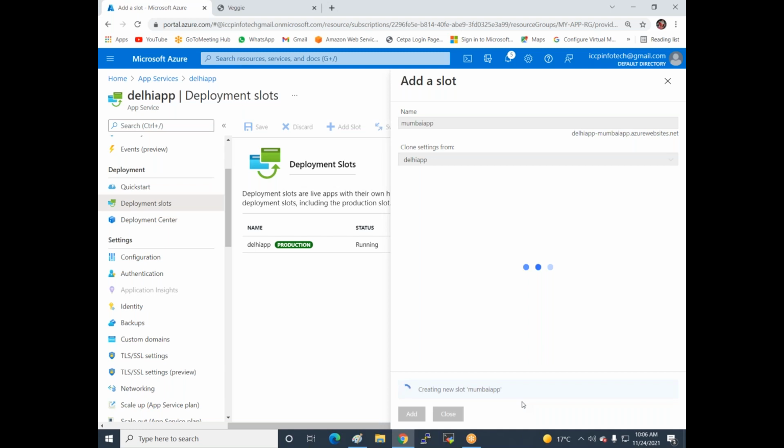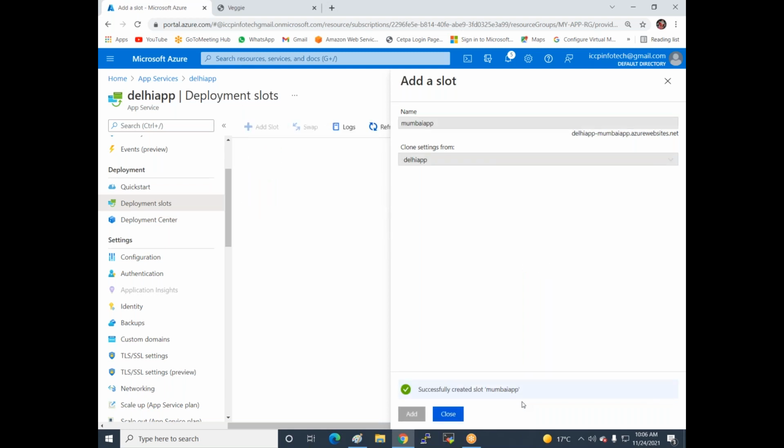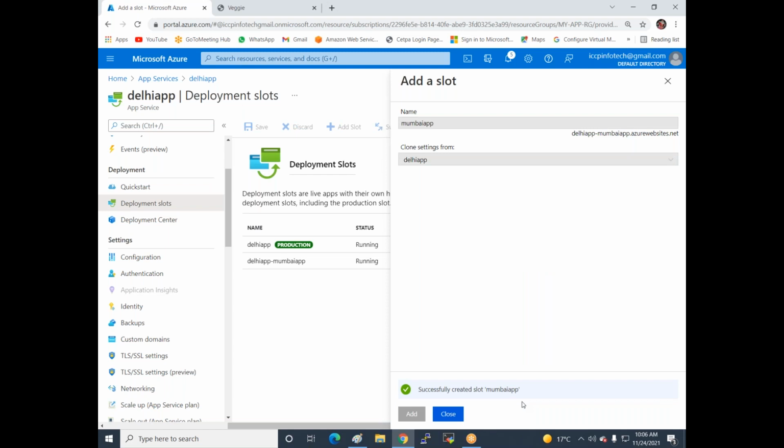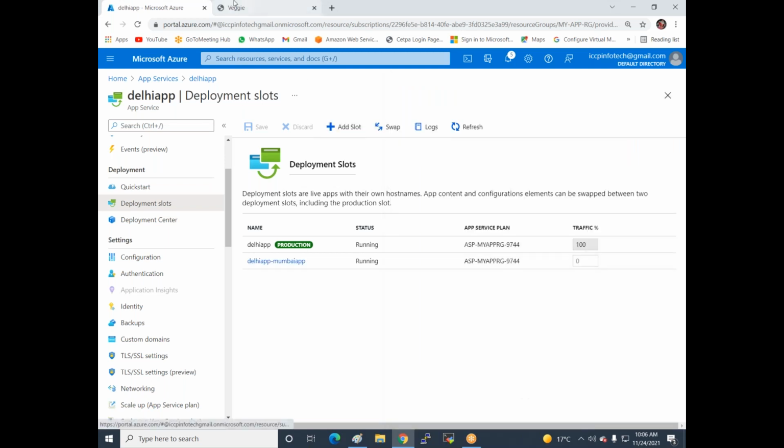Just a minute. So now the slot is added, 100%.